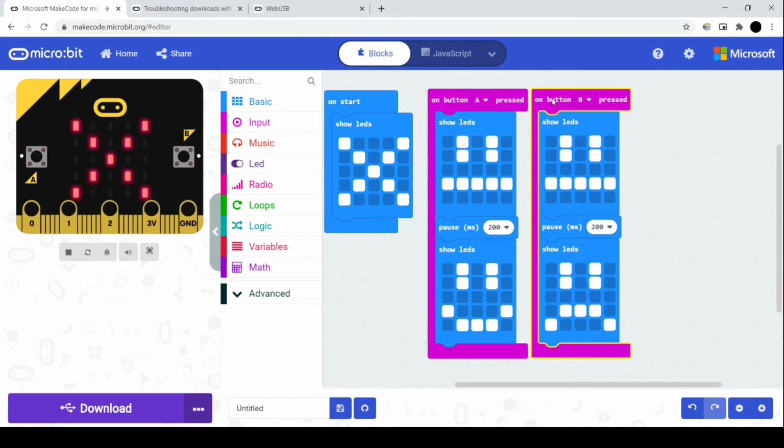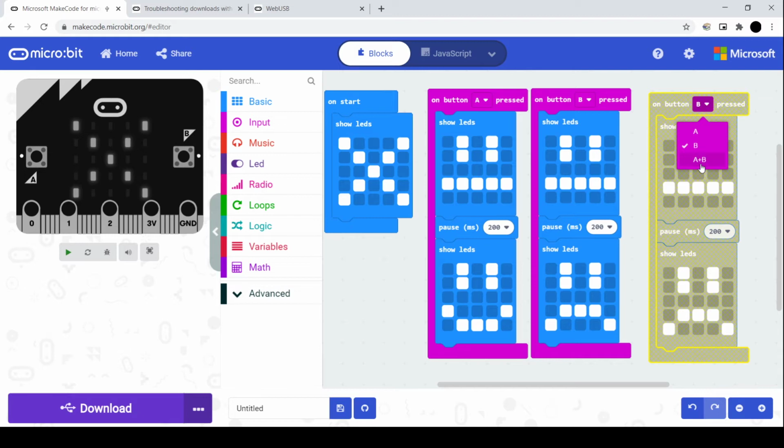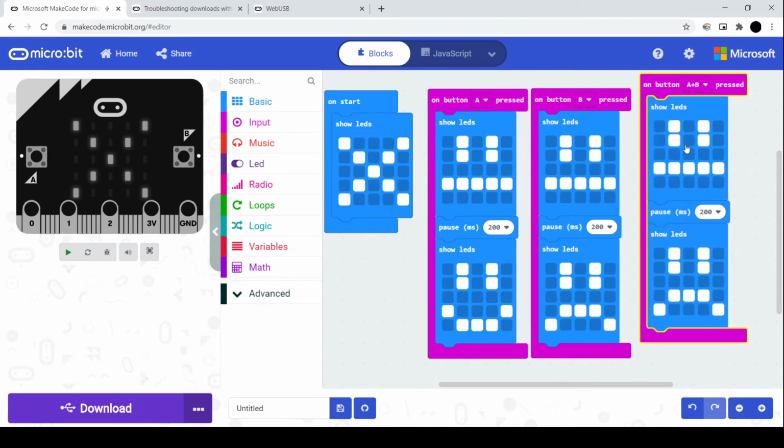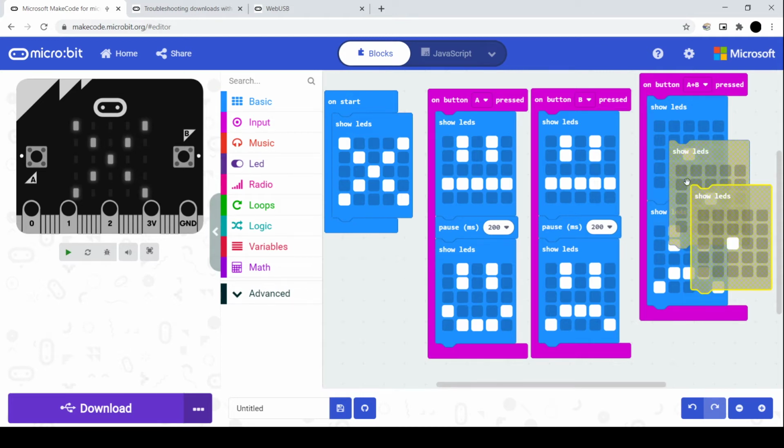We're going to add this because I played around with this earlier, because you can make much more complicated projects if you wanted. So I'm going to start with... Should I get rid of the... Yeah, let's get rid of the pause. I don't need the pause here. A and a B. So it's going to be...